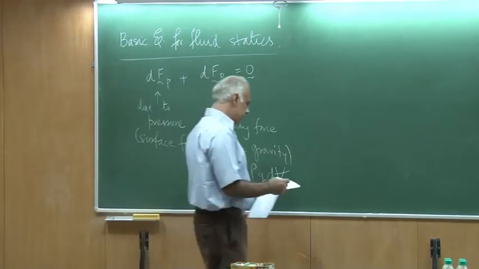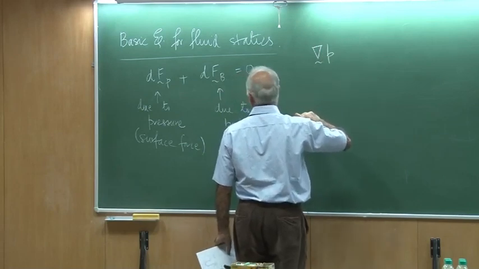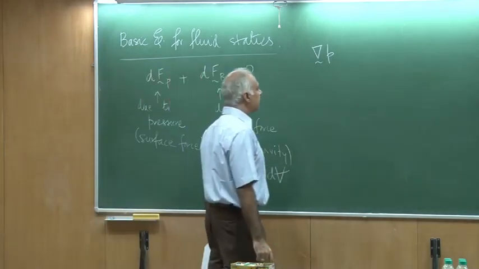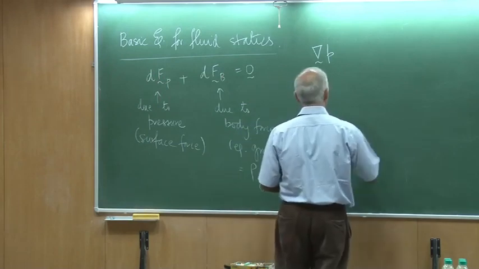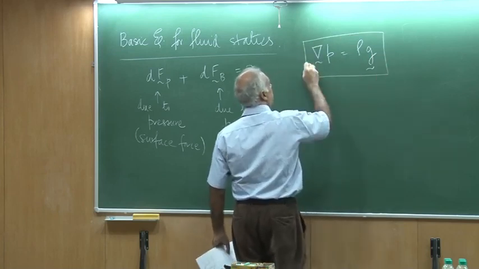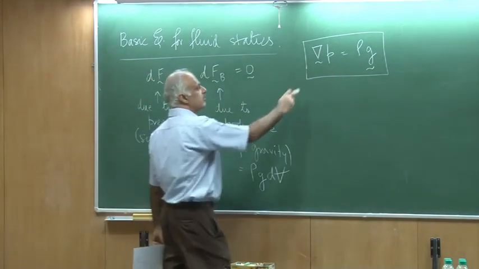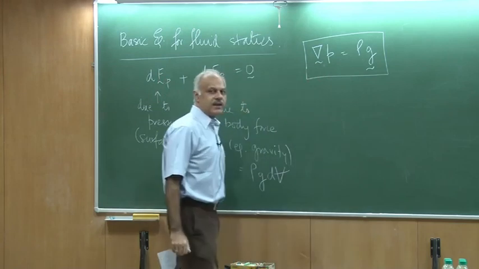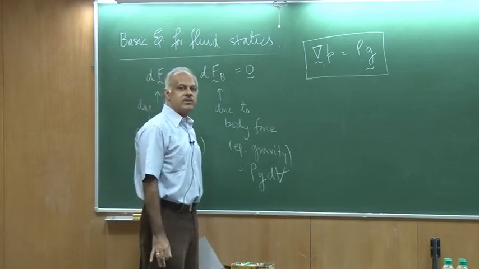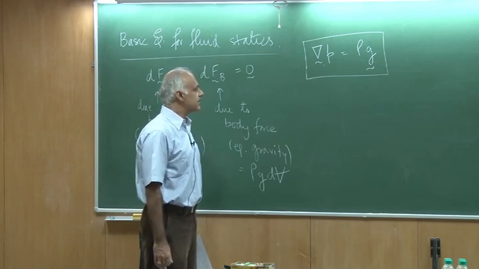So I could now write down this equation as the gradient of P, which, as I had shown you, is the force because of the pressure, and this times rho g is the equation. Okay. So the force because of the pressure gradient has to be balanced by the force due to acceleration due to gravity. So this is the basic equation of fluid statics, which of course you are all familiar with. You have actually read this in your high school physics.